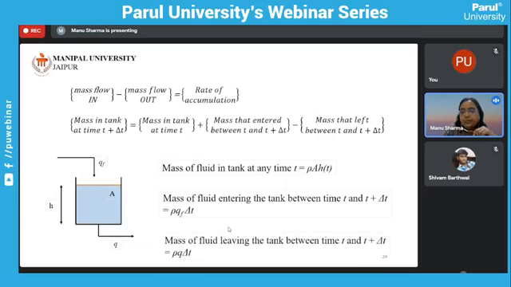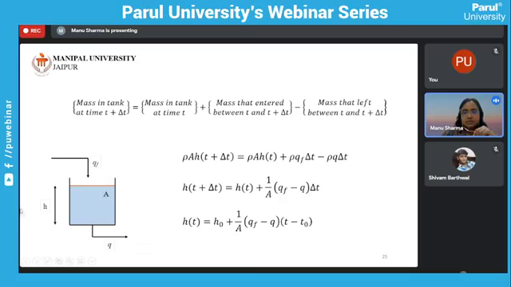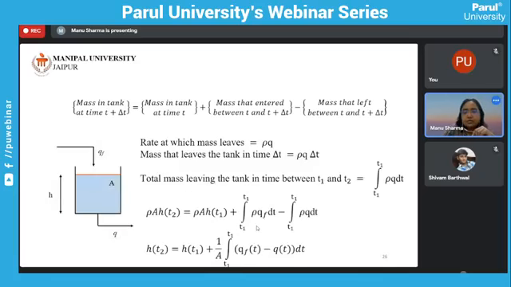Similarly, we can write down the expressions for each term involved in the conservation equations, and then we can generate the overall balance equations. So here is the overall mathematical model for the given process, where height is changing with time. The initial height is known to us, so we have substituted the initial height as h naught, and then the expression that relates the time and the flow rate. So this is how the mathematical models are generated